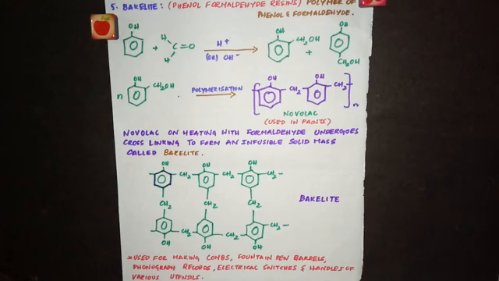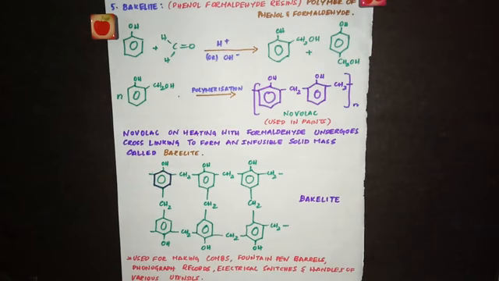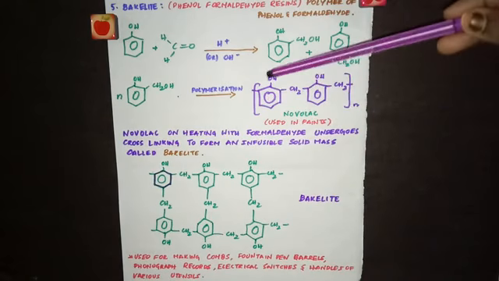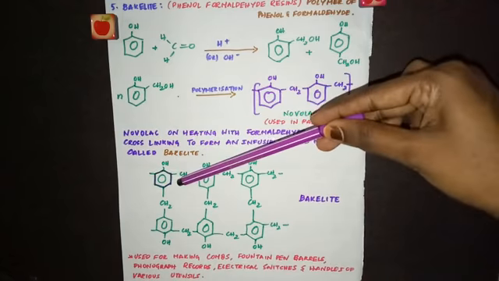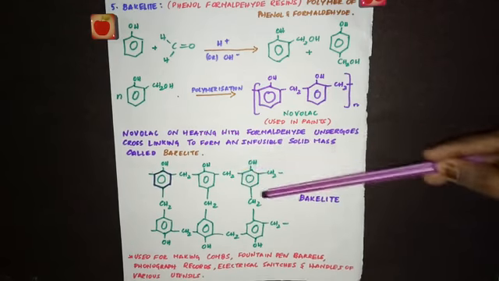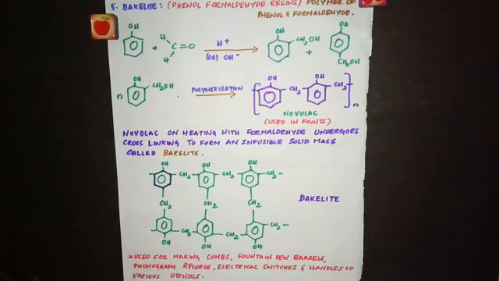So from this you are getting a linear polymer which is called Novolac, and Novolac is used in paints. Now when this Novolac is heated with formaldehyde, it undergoes cross-linking to form an infusible solid, and that is called Bakelite. So we take this Novolac and heat it with formaldehyde, and you will get a cross-link like this. See this one, take this OH CH2, and this is getting joined to this. So this linear chain is Novolac, and it forms a cross-link with another Novolac. This continues to give you Bakelite, an infusible solid mass.